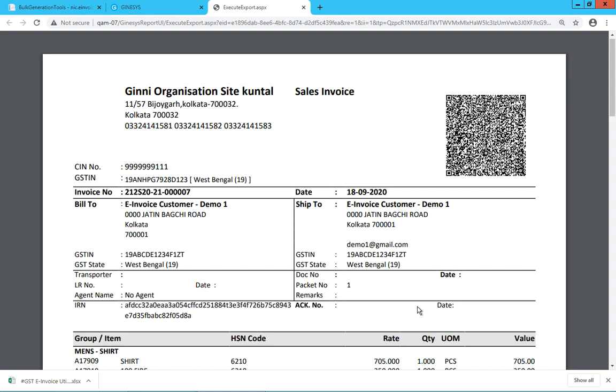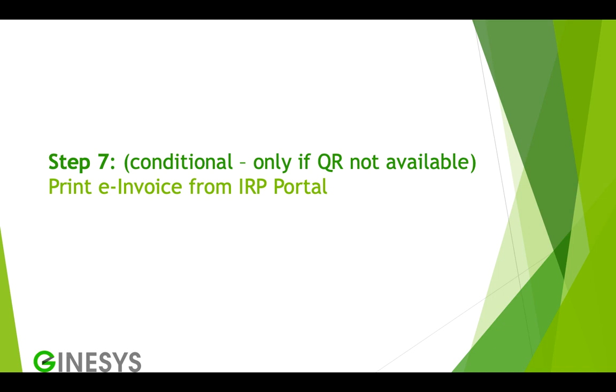This is a default report. In case you want to use your own template or own document layout, you need to log a request in Genesis Care against which the QR code will be placed in your layout as per the space availability. In case if you download the Excel and you don't get the signed QR code data, no issues. I'll tell you how to address that in the next step. So the last step, this is basically a conditional step or the optional step. It will be applicable only if your QR code is not getting printed in Genesis.